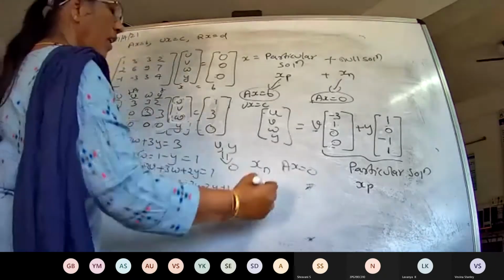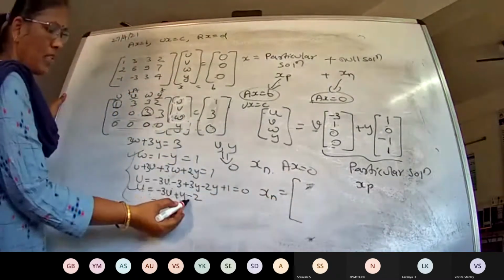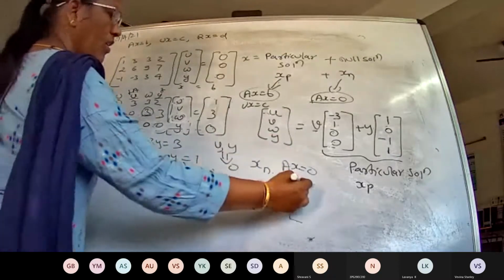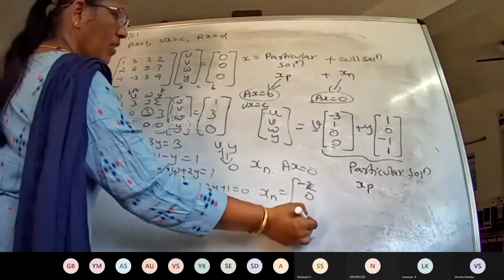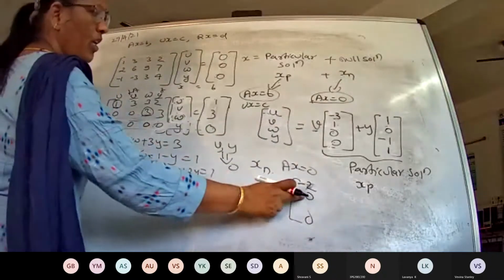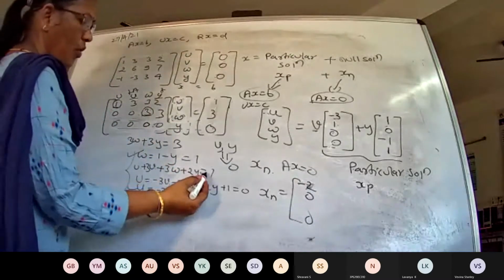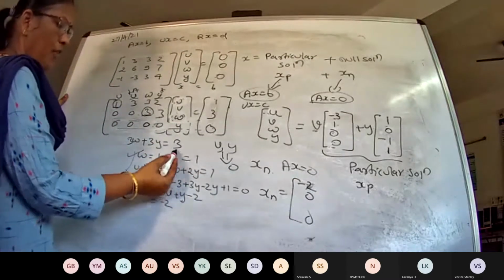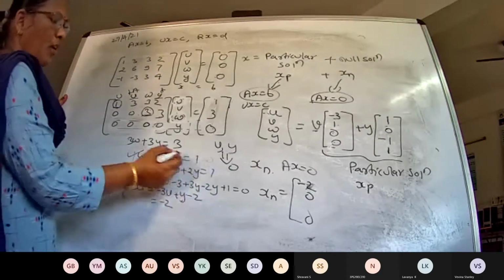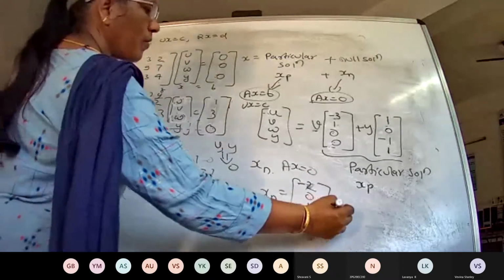So just write the null solution xn equals, what are the constants here? First you are going to write u. So the u constant is minus 2 and the free variables are 0, as I told you. If you substitute u, v and y equal to 0, v and y are 0. In w, what is the constant? That is 1. If I substitute the free variable y equals 0, I will be getting 1. Or you can just take the constant, that is 1. So this will be your null solution.